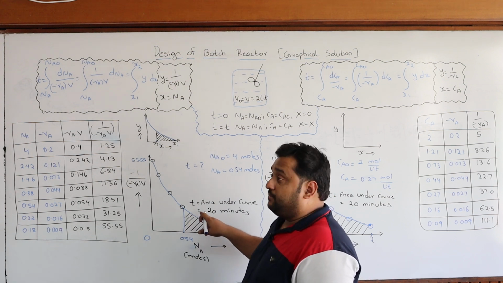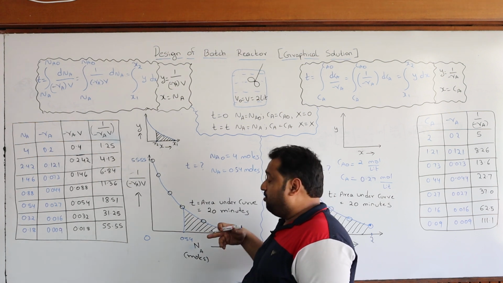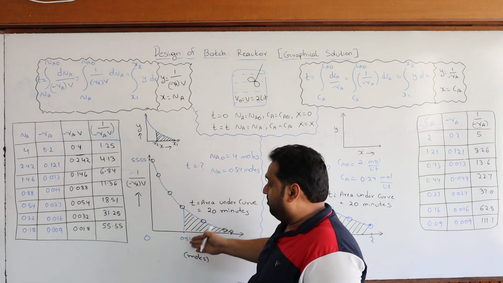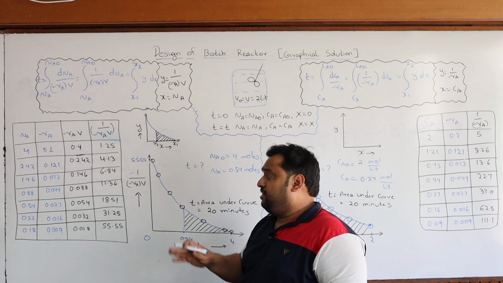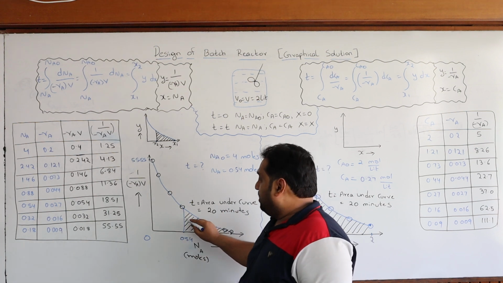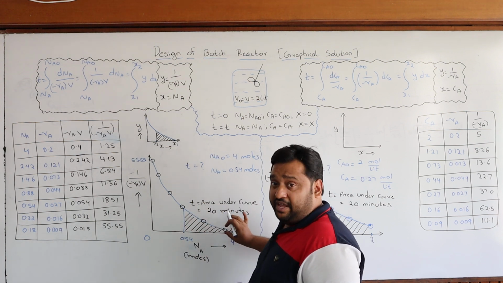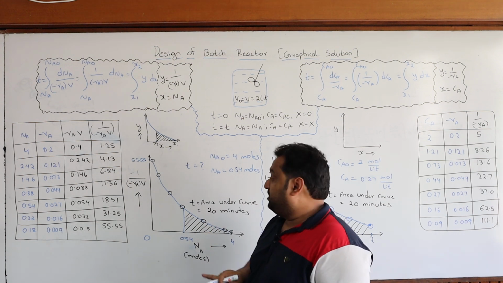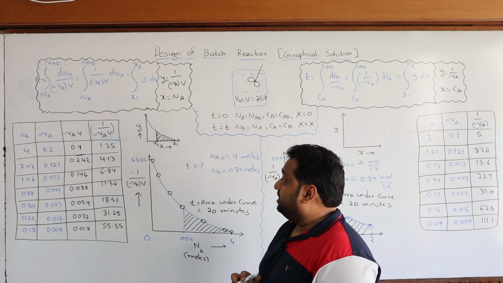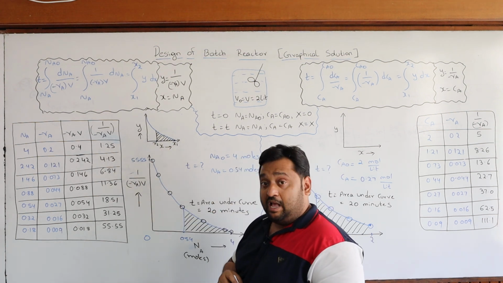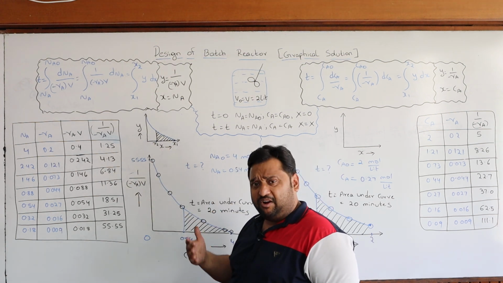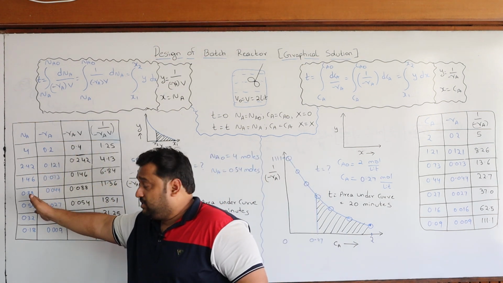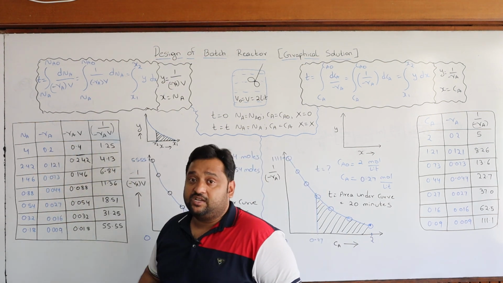From Excel, you can plot the data, fit a power line, and find the area under the curve, or manually plot the graph and count the number of squares under the curve. Finally, you will get 20, that means 20 minutes. This is how people normally go with this kind of graphical solution, provided you know the moles and you know the rate. Similarly,